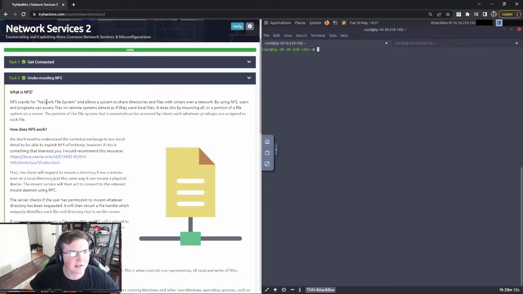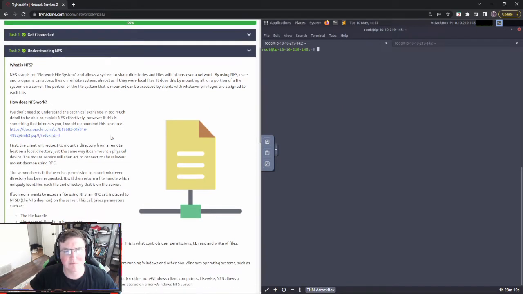So let's go ahead and hop into it. I like this box a lot more than the first one because it actually is starting to dive a little bit more into things that you can enumerate nowadays, but everything's still out there. So even if you think a technology is too old, someone out there has it. So keep that in mind.